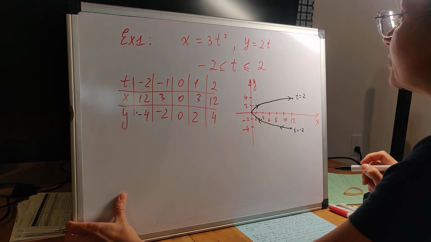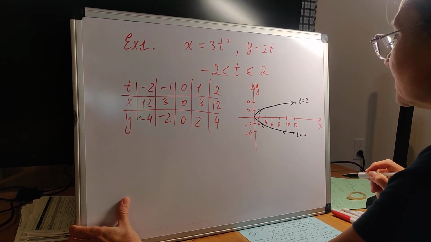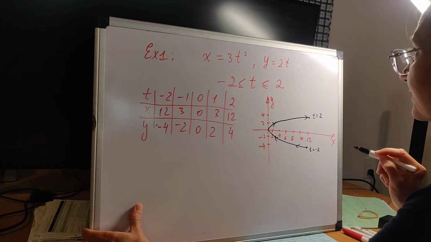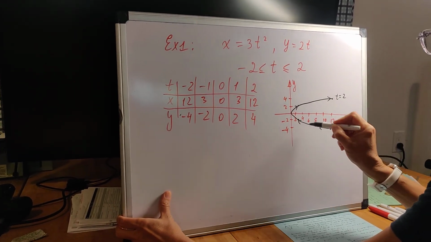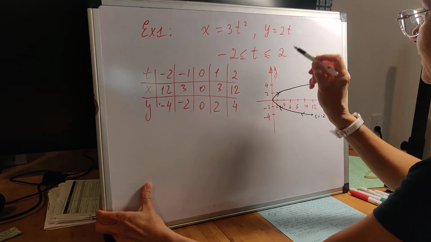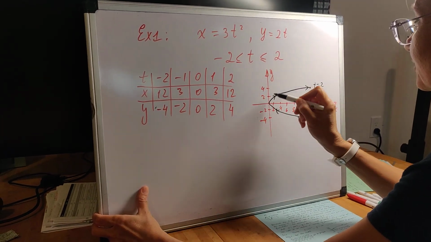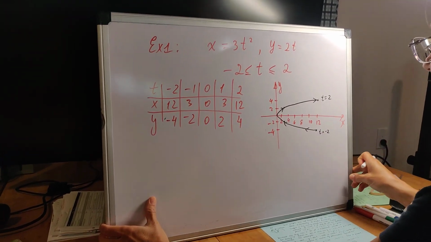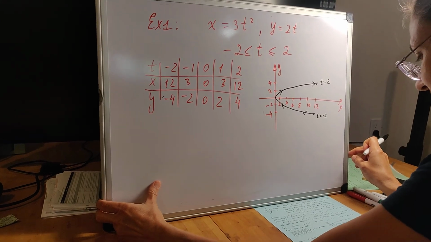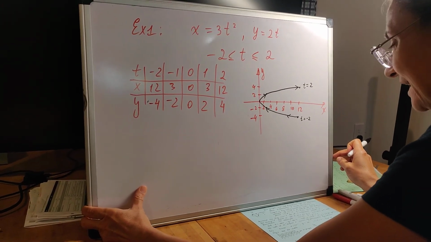Parametric curves are usually oriented. Oriented means that it's going to be a different curve if you set it differently, and direction is going to be important over here. Which direction somebody is moving. Okay, now